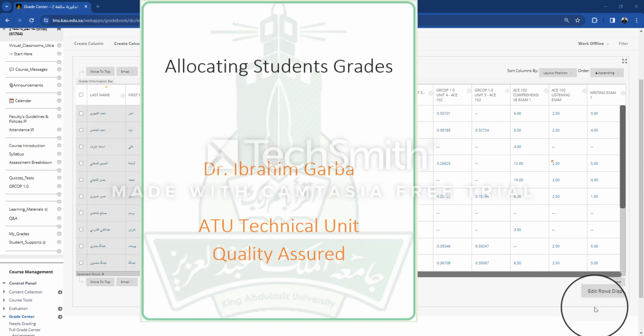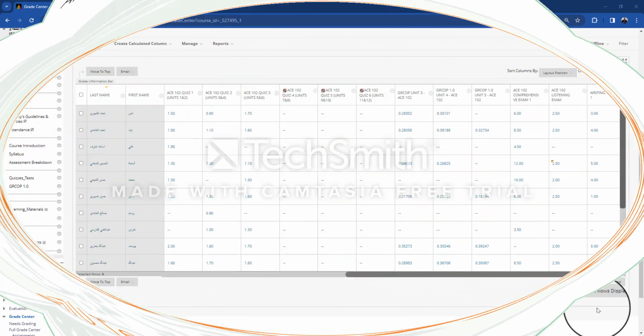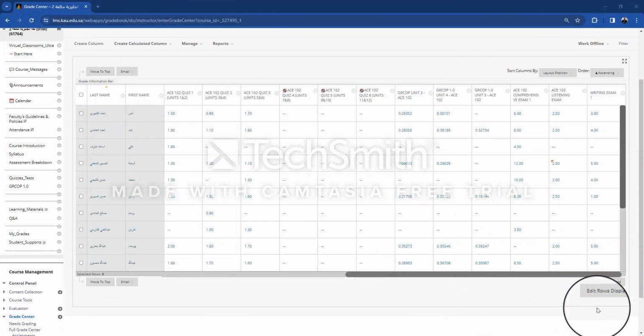In this tutorial I'm going to show you how to edit the questions and allocate marks to your students, especially since the first comprehensive exam has produced a few errors in them. So what we're going to do is go to the grade center, and as you can see my grade center